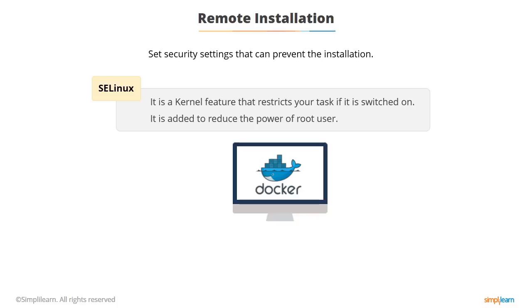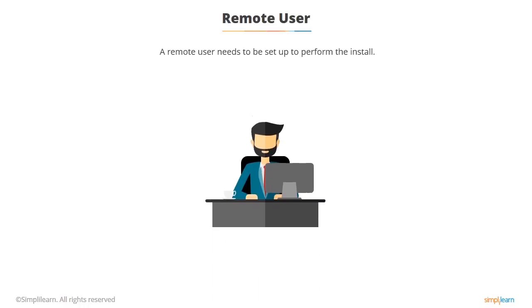Docker does have SE Linux support. You might have noticed an SE Linux switch on the daemon line in one of the libraries. But if you have problems, switch SE Linux off, at least for test purposes, by changing the SE Linux config file, disabling it and rebooting. And also be very careful about firewall rules, because I wasted quite a lot of time working on this material, trying to get Docker to work, because the firewall rules were blocking everything and I didn't realize they were there. So I switched off the firewall rules and everything started working wonderfully. There's a particular port, 2375, which you must make sure is not blocked.